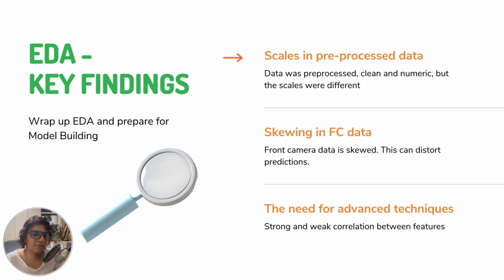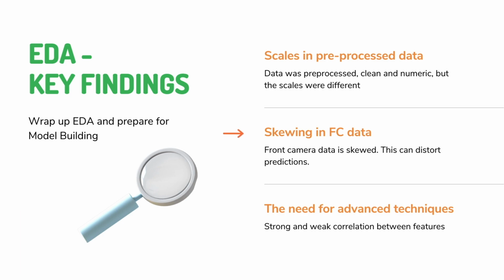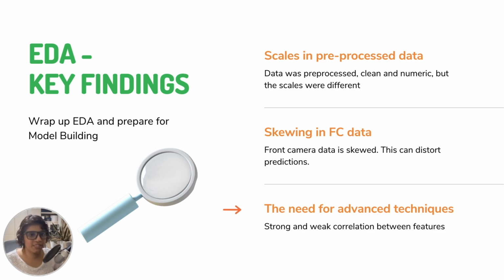A few other things that we have noticed, but given the beginner friendly nature of our video, we won't be handling them today, but it's important that we understand this. Front camera data is skewed, have many outliers, and the standard deviation is high. This suggests high variance, but its correlation with price range is low. This can affect the learning process and distort predictions. We have noticed strong and weak correlations between features, and we should be handling them by doing feature engineering. We will learn how to handle these features in a different segment when we look at advanced techniques like feature